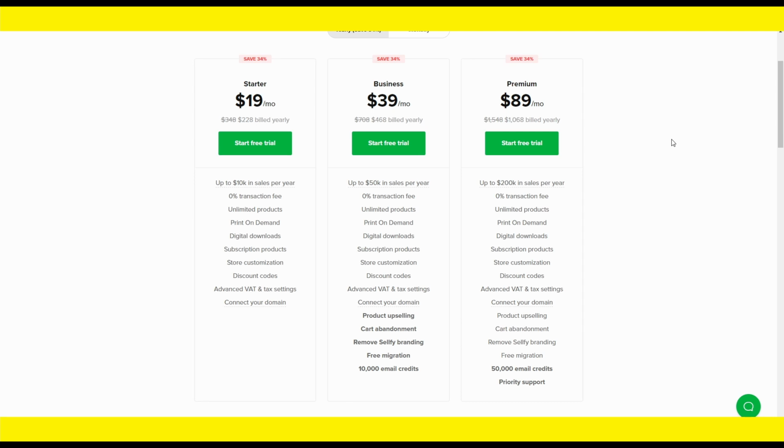So people who want to use Selfie to actually sell products, creators, influencers, and YouTubers will pay around $468 per year on average to use Selfie to build their brand, which is a no-brainer because they see a big return on investment. They get to have a shop without them actually managing or setting it up. And of course, they have the premium plan, which is $1,068 per year. This is for larger creators who make more money.